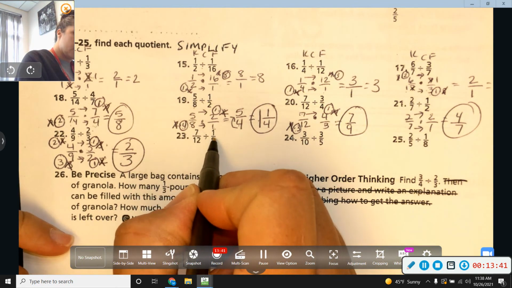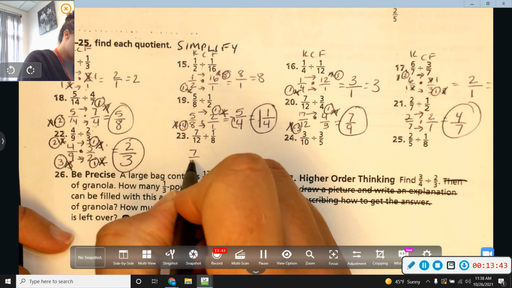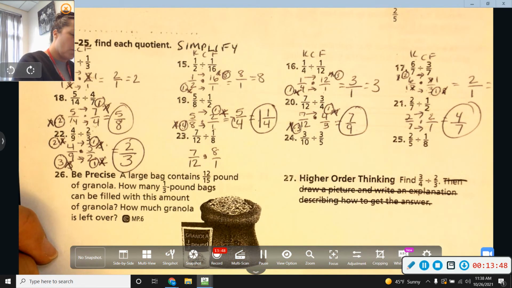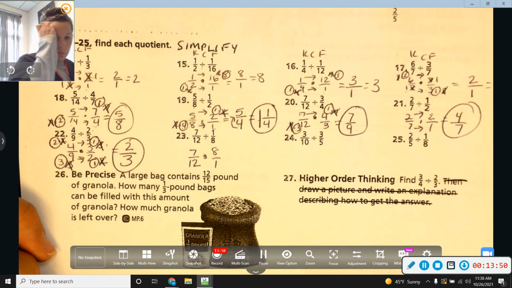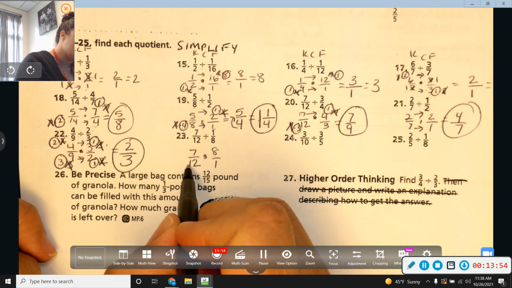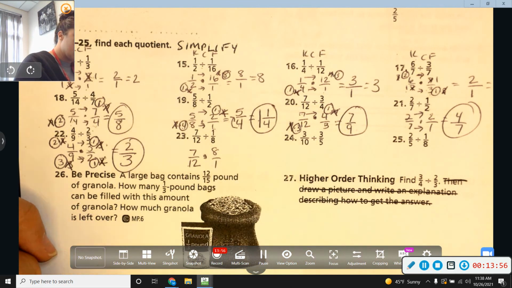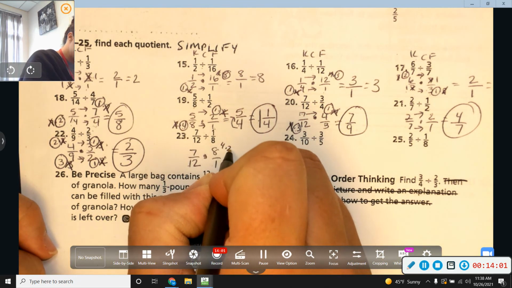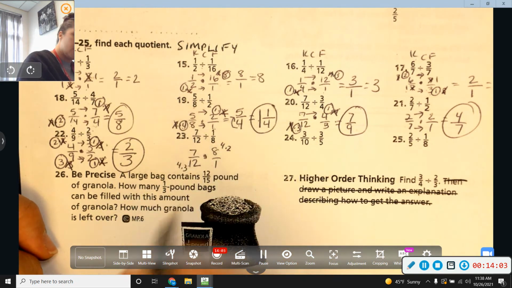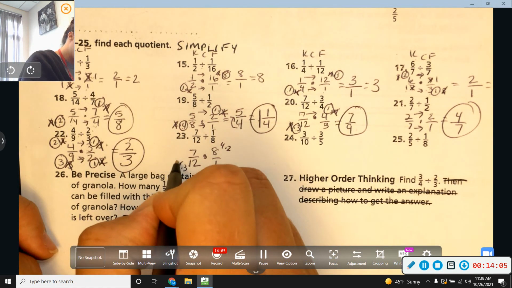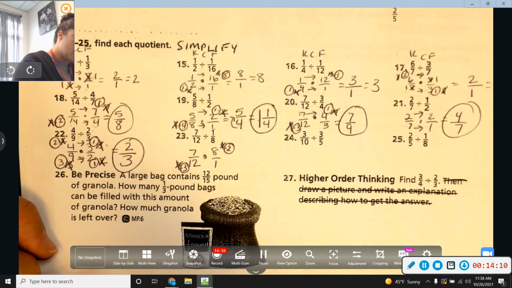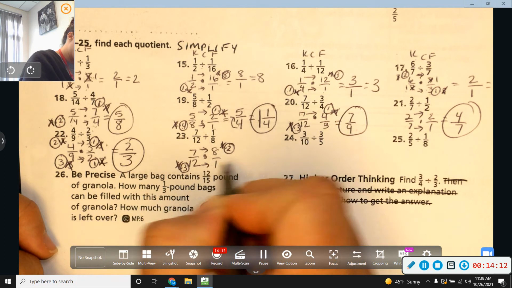Keep, change, flip. Keep my 7/12. Change to times. Flip to 8 over 1. 7 and 1 is reduced as low as it goes. Can't get 1 any lower. But I can reduce a 4 out of both of these. Okay? So 4 times 2 and 4 times 3. If I take my 4's off, because they're the same, and keep my other number,